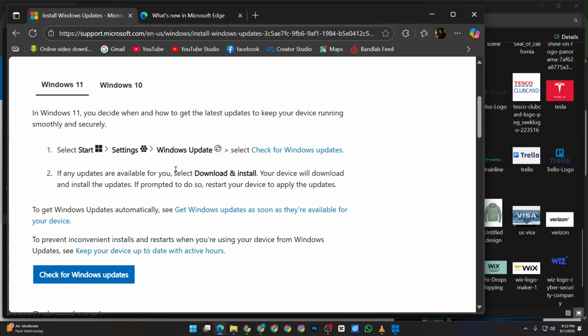And that's it. Updating Windows 10 with the Update Assistant is quick and simple, keeping your system secure and up